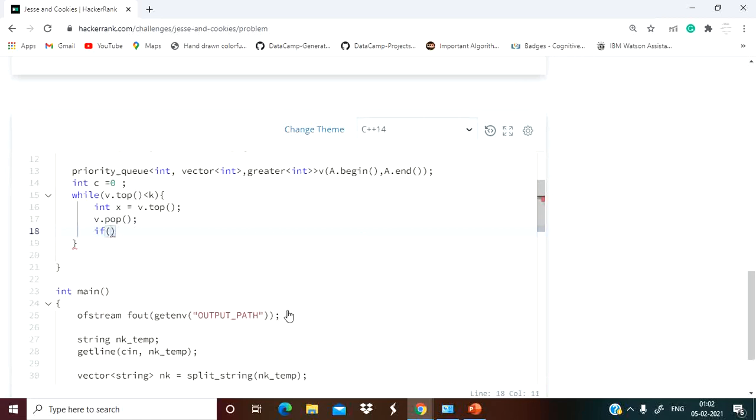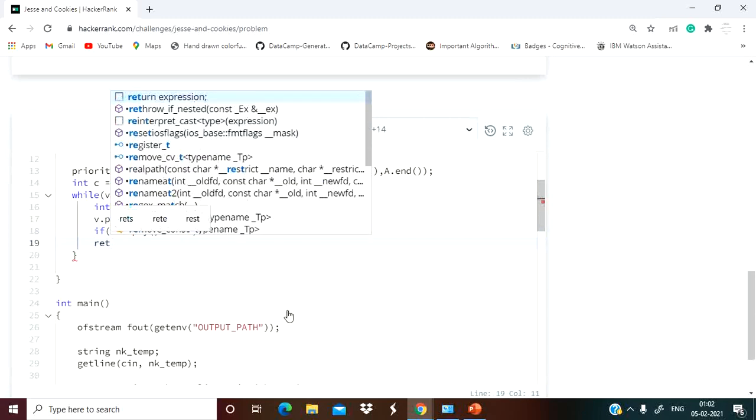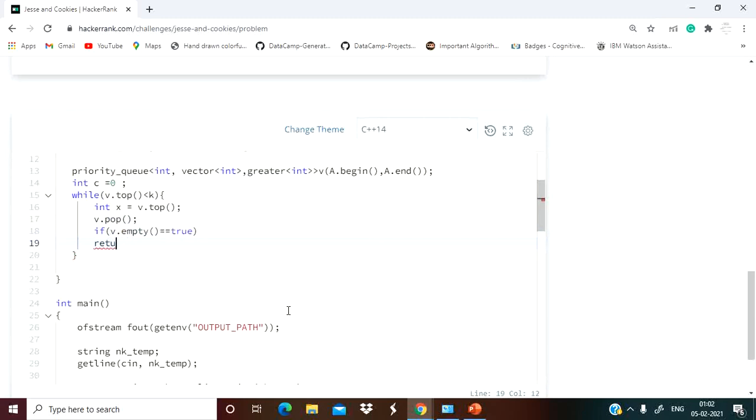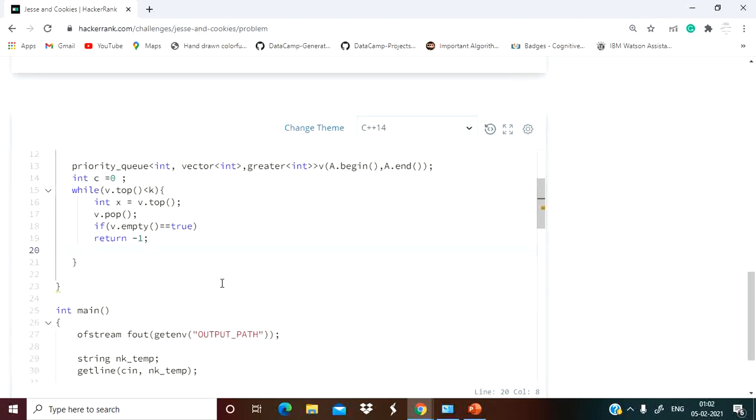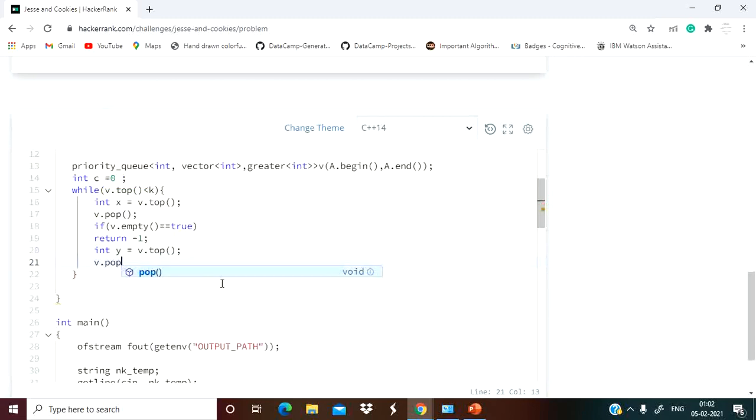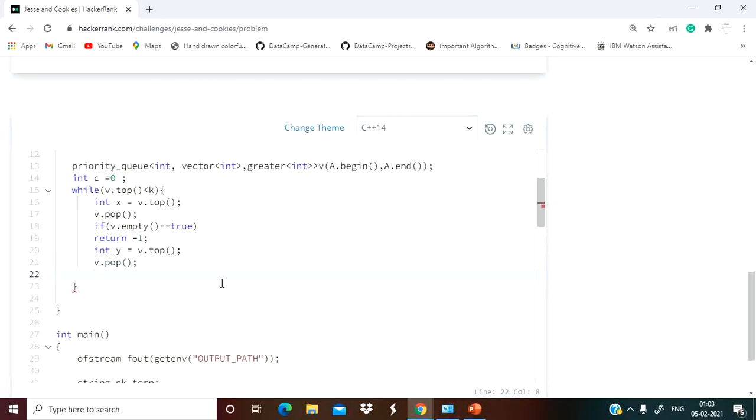Now we have to check the condition that if v dot empty is true, then we will simply return -1. If this condition is not true, then we will take a variable y. We will store the top element here and pop this element as well, that is our second least element.